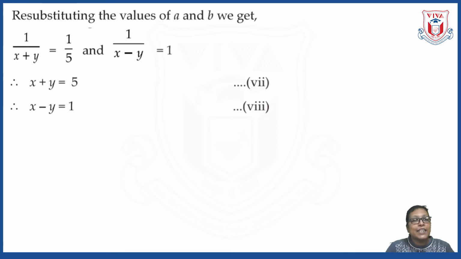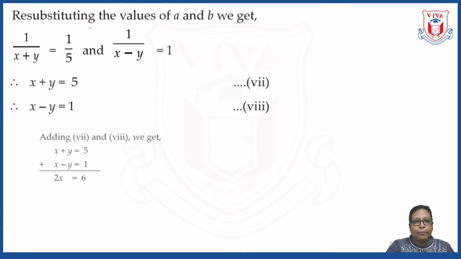Number them as 7 and 8. See, there are so many equations here. This sum will come for 4 marks because it's a lengthy sum. Okay. So new equations we have got. They are very simple equations. You will observe that we have plus y and minus y. So simply by adding them, y will be eliminated and we will get the value of x. So let us add them.